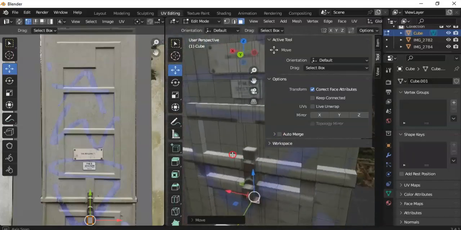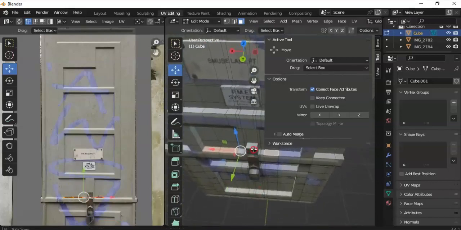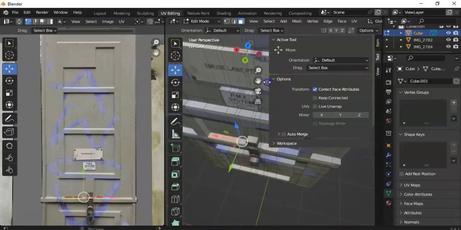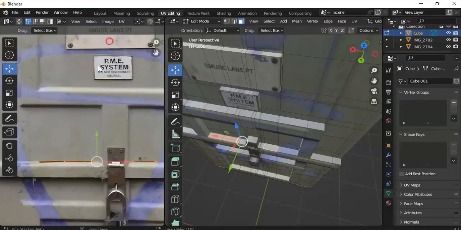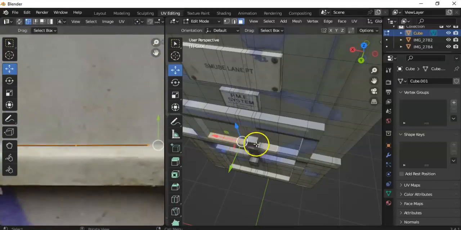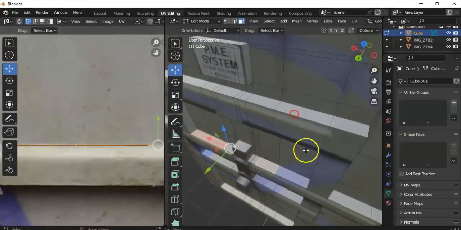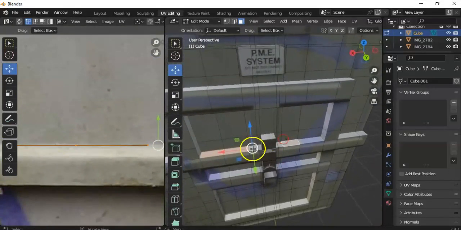If you do end up with any stretching, what you can do is, of course, select those faces. Say, for example, let me just move that back out. So you can see there, if I zoom in, it's very, very narrow what I'm selecting. So at the moment we're getting away with it because of the nature of it. But if you wanted to